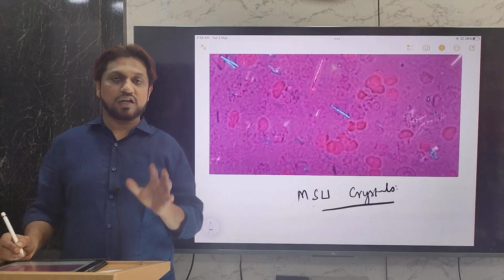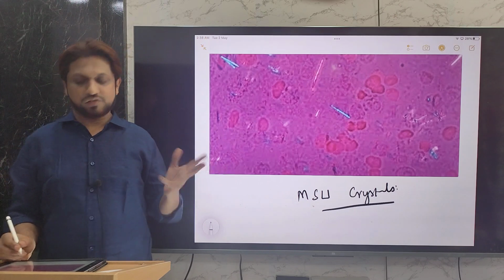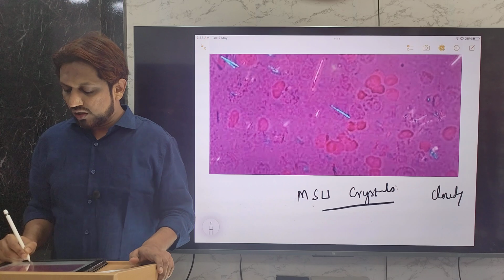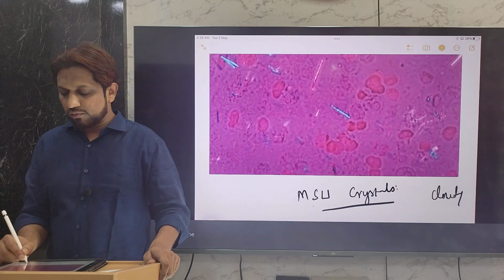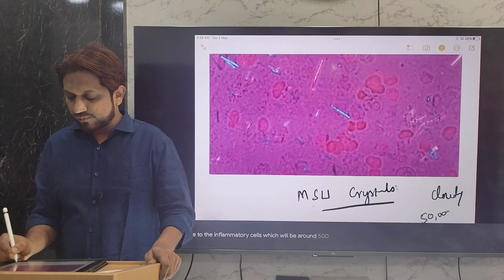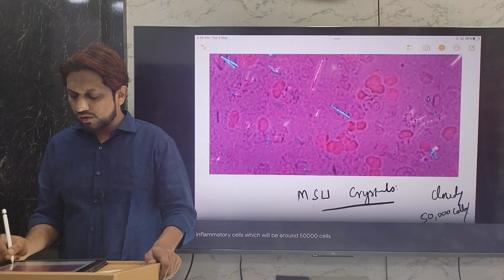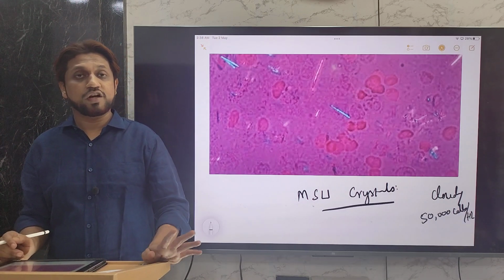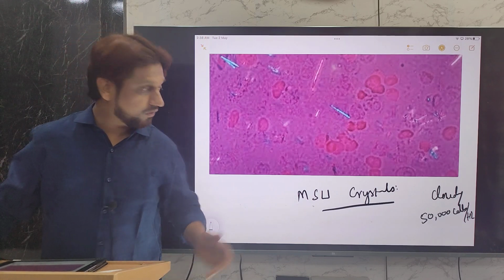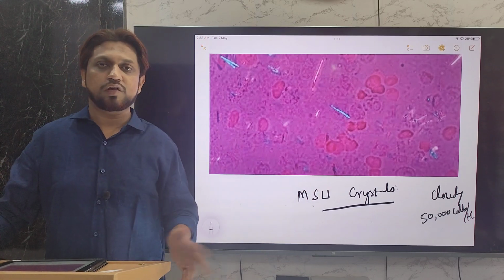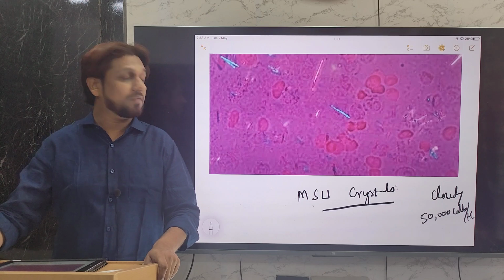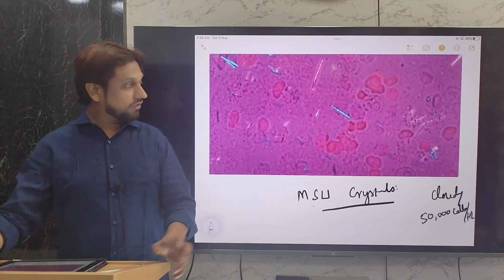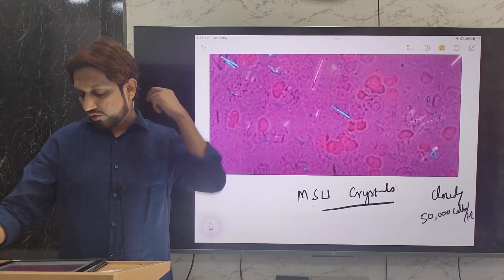Generally the synovial fluid, on examination, will appear cloudy due to the inflammatory cells, which will be around 50,000 cells per cubic micro liter, up to 75,000 cells, but it will not be more. To differentiate it from septic arthritis, if the amount of inflammatory cells is more, it will lead to the diagnosis of septic arthritis. And it is aseptic, that is there will be no bacteria, but the diagnostic feature is this one, monosodium urate